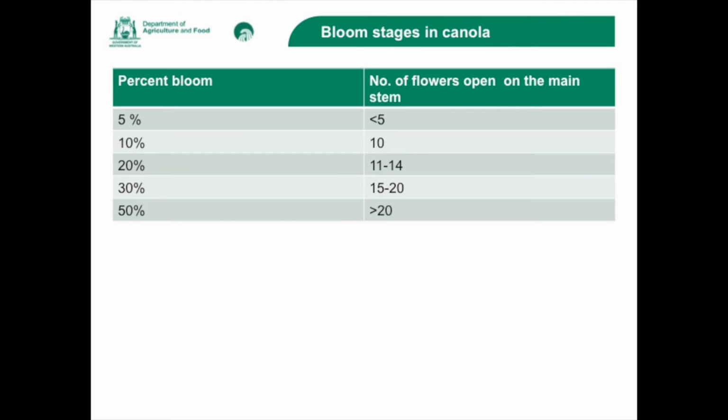Okay, let's talk about the most vulnerable stage of the crop, when to apply fungicide application. So how to identify different bloom stages. Basically, what you have to do is count the number of flowers on the main stem. Once you count, you have to count the open flowers plus the pods as well, and also the pods